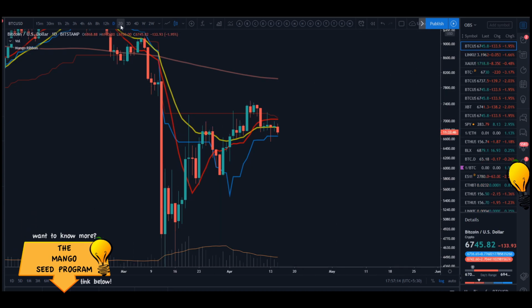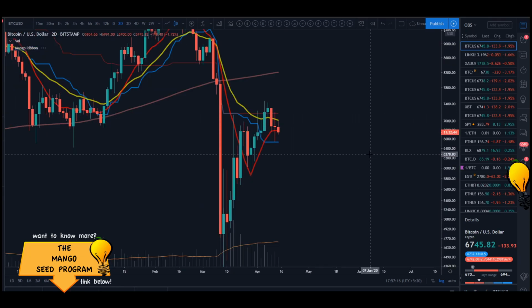So when it's not easy, what do you do? You look at the higher time frames. You look at the 2-day. And what's the 2-day saying? We are underneath the 2-day 21 EMA. We're underneath the 2-day Kijun. And perhaps now have a chance to finally close a candle underneath the 2-day 10 SMA, like we talked about